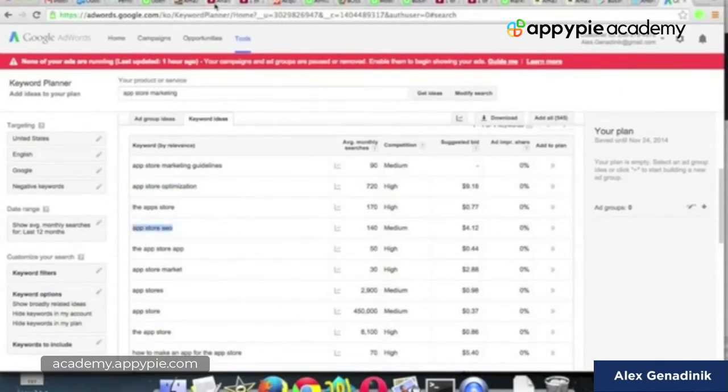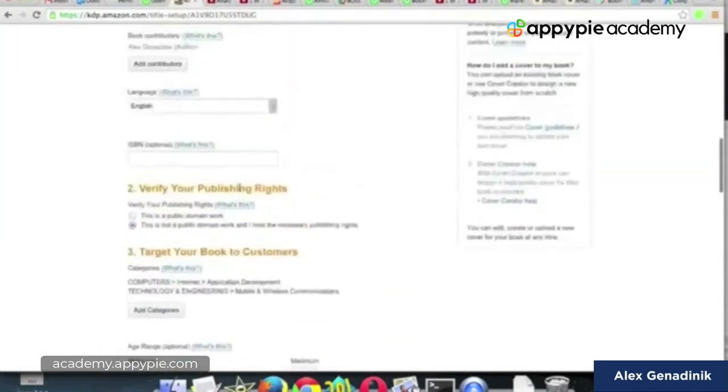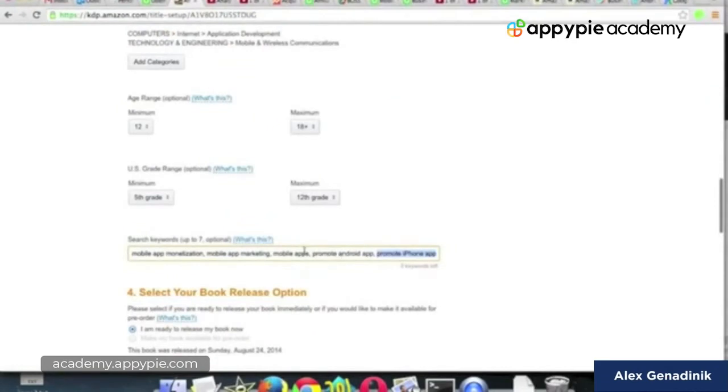So what I'll do is I'll add App Store SEO and App Store optimization, and I'll actually do that in another way. So let's go back to, first of all, let's get rid of promote iPhone app because that gives us too little of a volume. And instead of that, I'm going to paste App Store optimization. And then instead of the promote Android app, I'm going to do App Store SEO. And you know what? I actually want to do